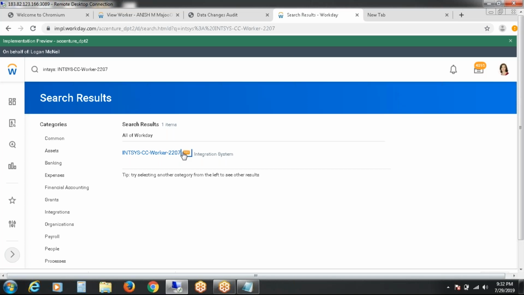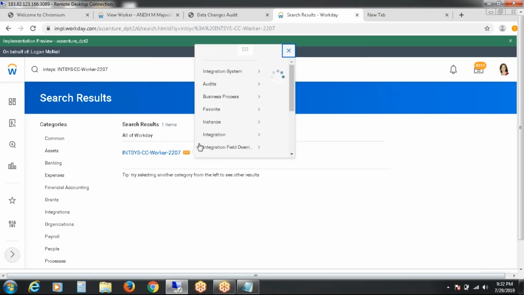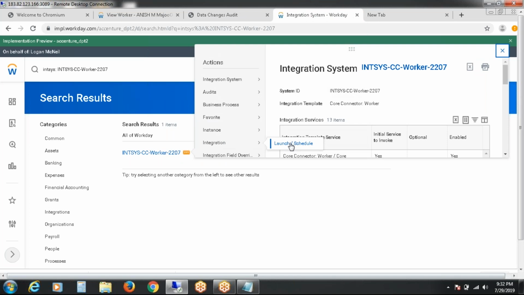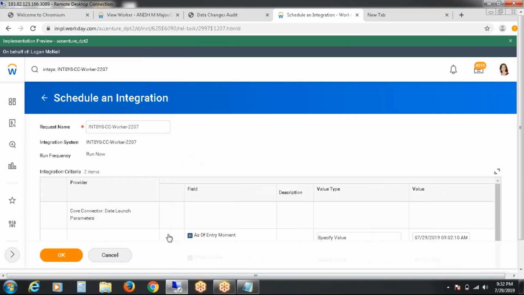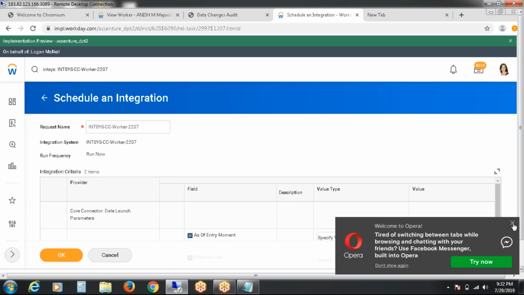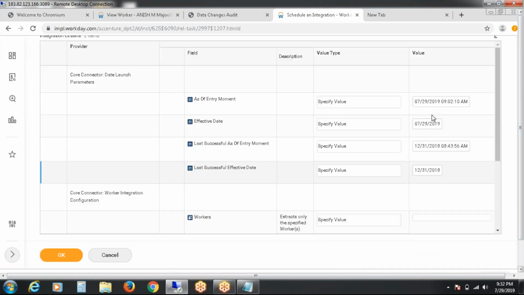Launch the integration again. And give the date parameters here. So till date I am calling actually.